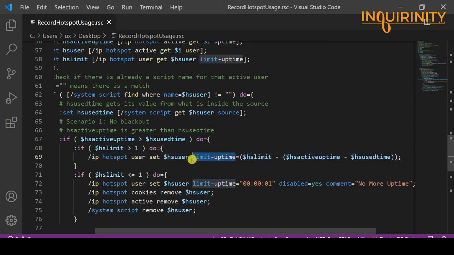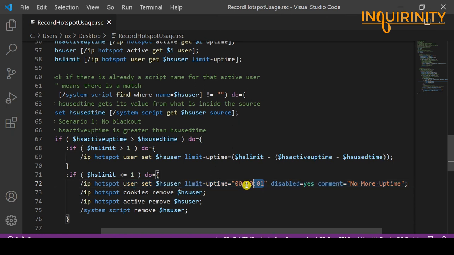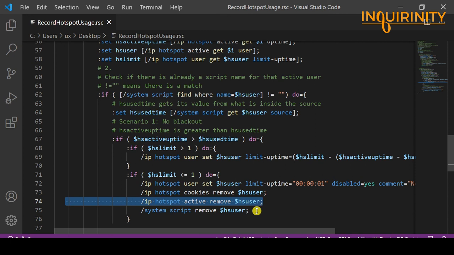So remember, the limit uptime will be counting down. However, if the limit is equal to 1, close to 0, please perform the following. This is just a temporary solution wherein we put a limit uptime of 00:00:01, but we are actually disabling the hotspot user and commenting it out that you don't have more time, removing the cookies for that particular user, removing that user from the active uptime, and finally removing the script for that particular